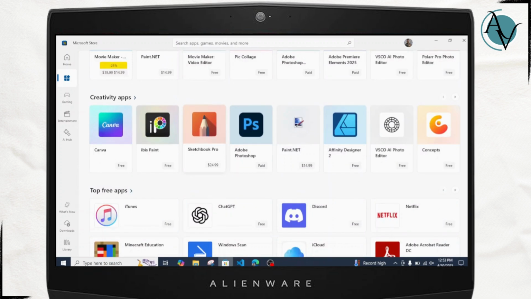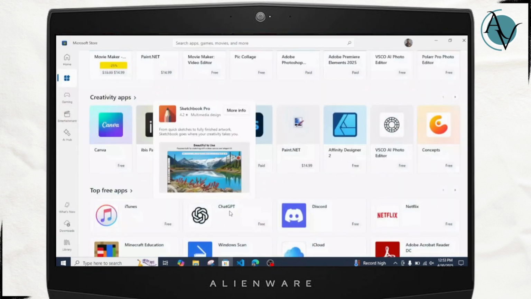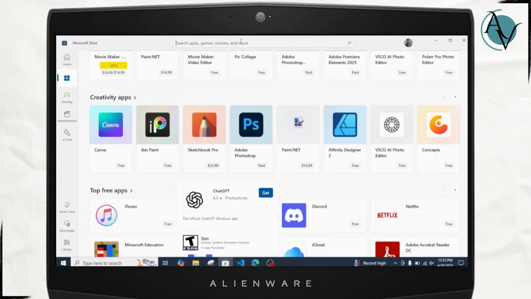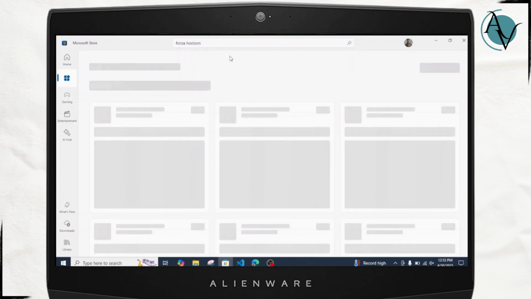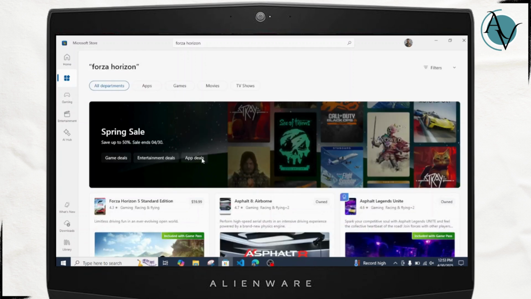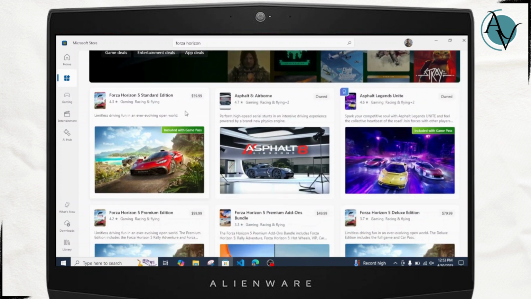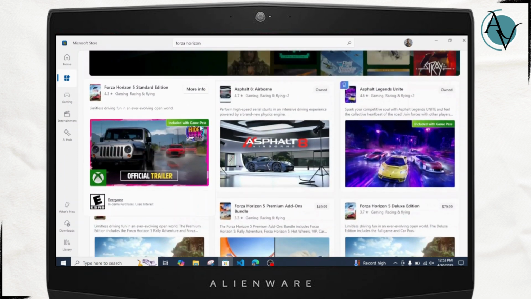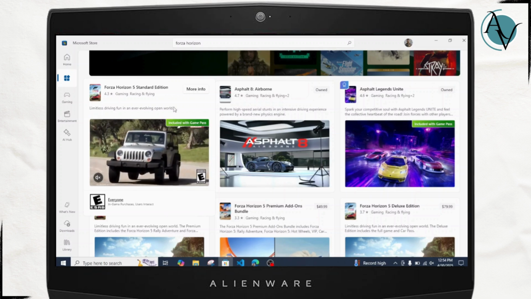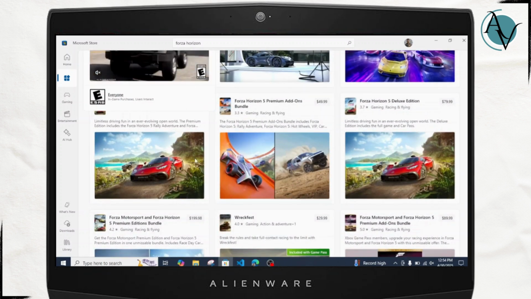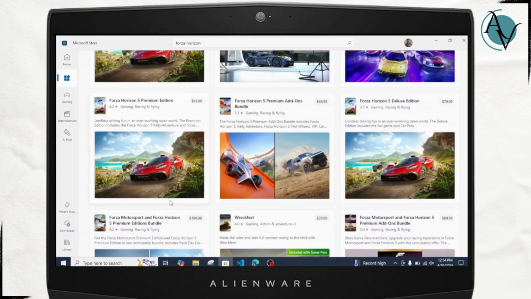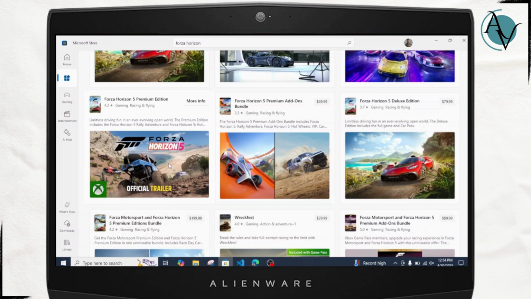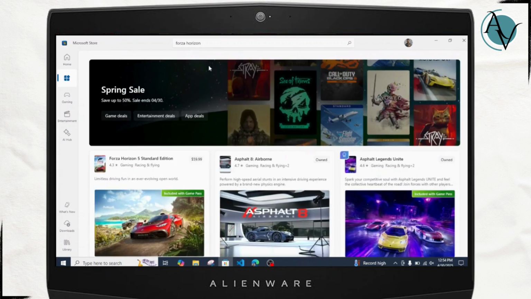So first thing, just head over to your Microsoft Store on your Windows PC and simply search for Forza Horizon just like this. Once you're searching for that particular game, you have to wait for a few seconds. Once you're finally inside here, you can see there is a Forza Horizon game of different editions. One is the standard edition, and another is the premium edition bundle. You can choose any one of these options related to your Forza Horizon game and simply select any one